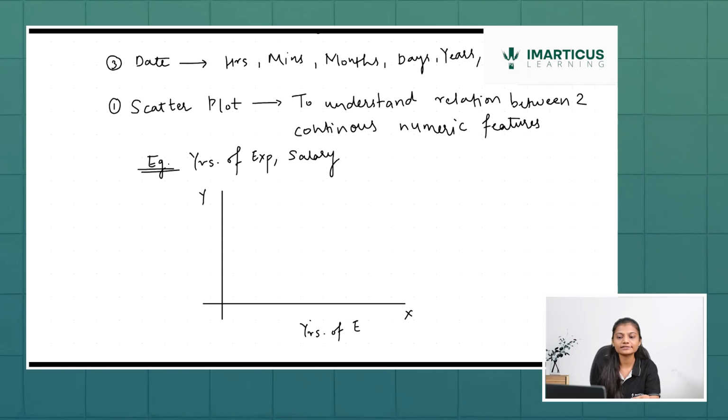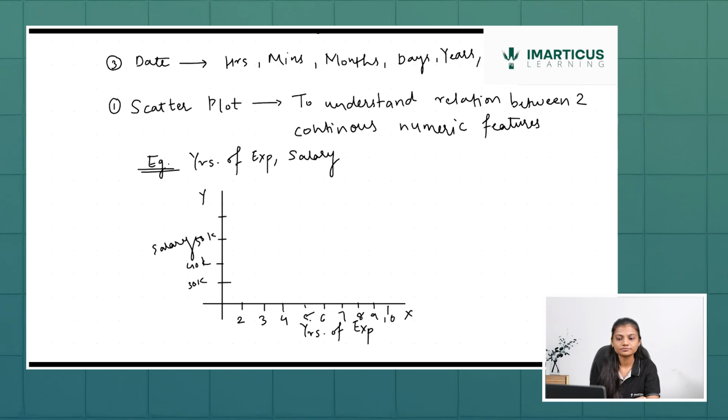And on the y-axis we have something called salary. Now, how would both of them be helpful for us? Let's say the years of experience is 2, 3, 4, 5, 6, 7, 8, 9, 10, and the salaries start from, let's say, 30k, 40k, 50k,